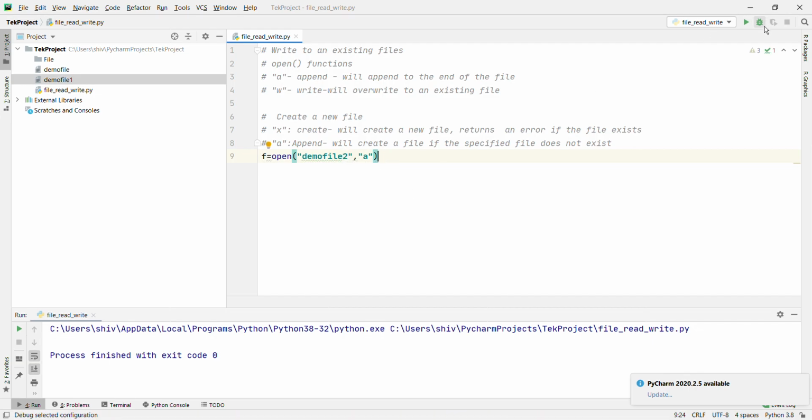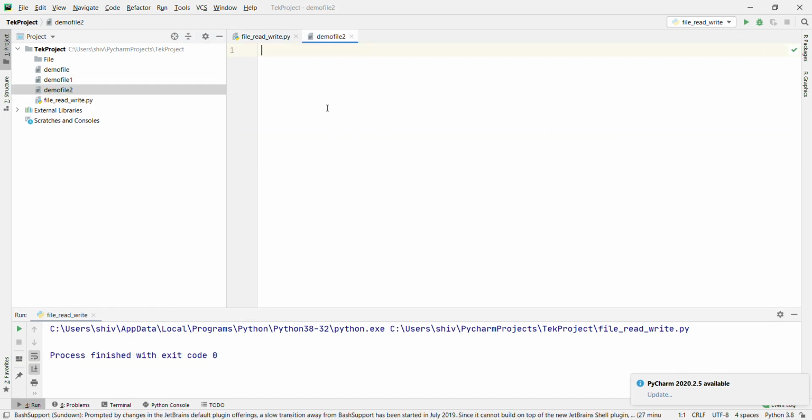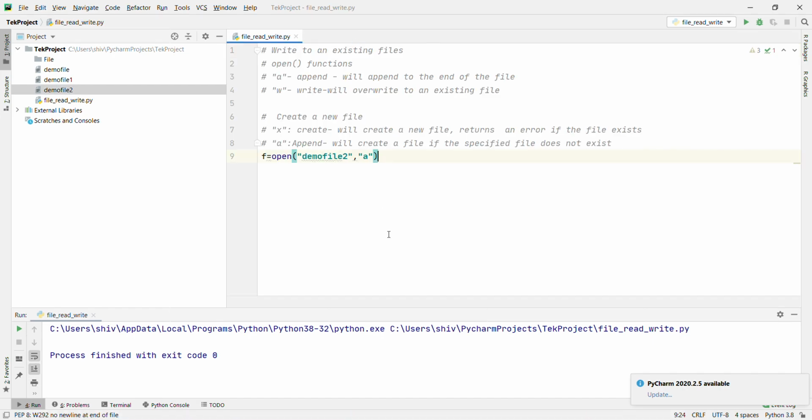Okay, let's run and see. Demo file 2 will be created. Okay, demo file 2 will be created with no content. Okay, that is clear. Now if you are going to use the same with demo file, which already exists, then it will give no error, because we are using a.